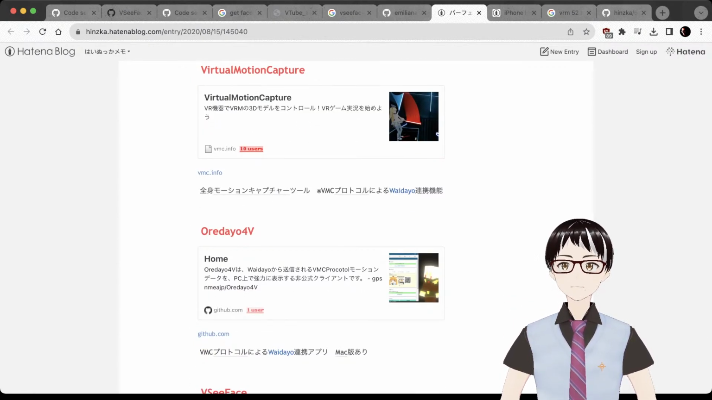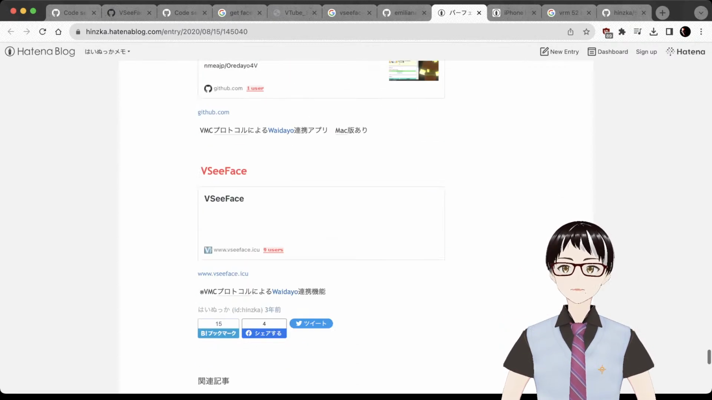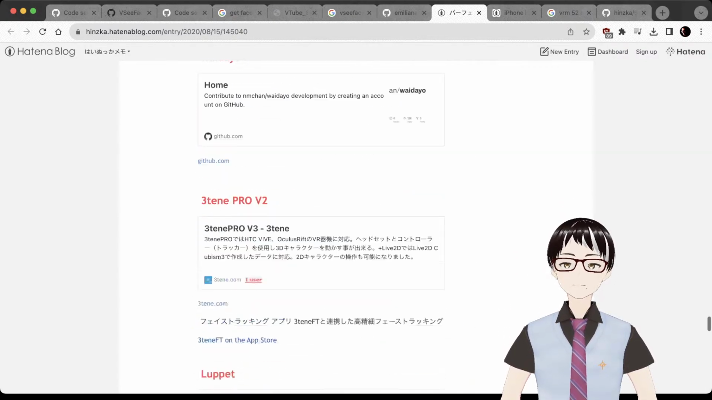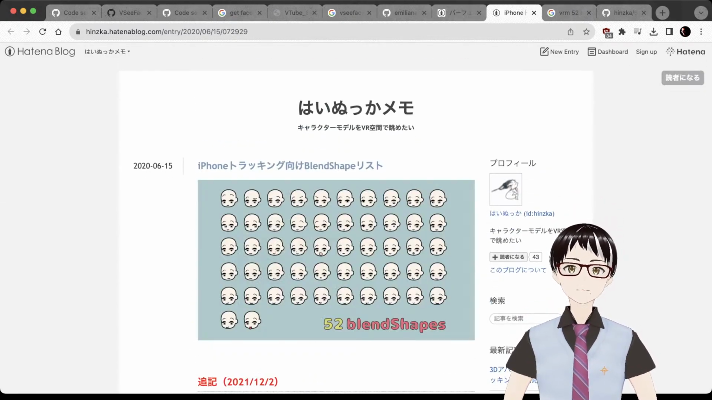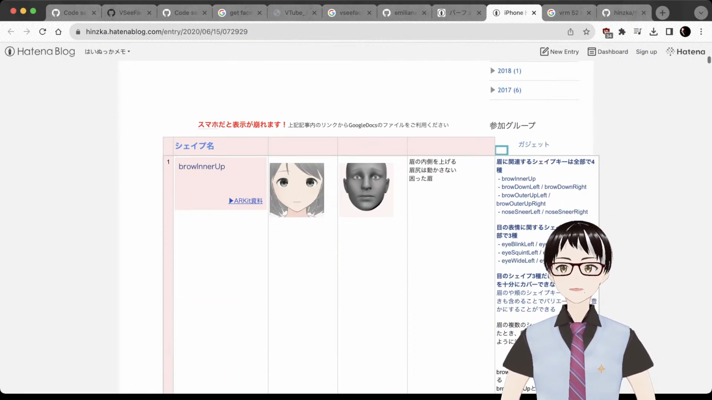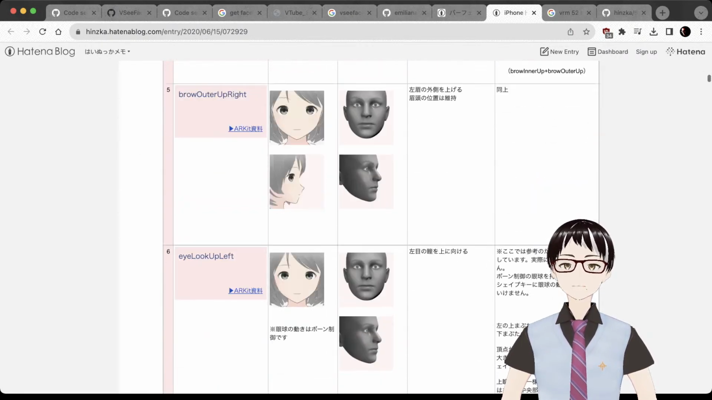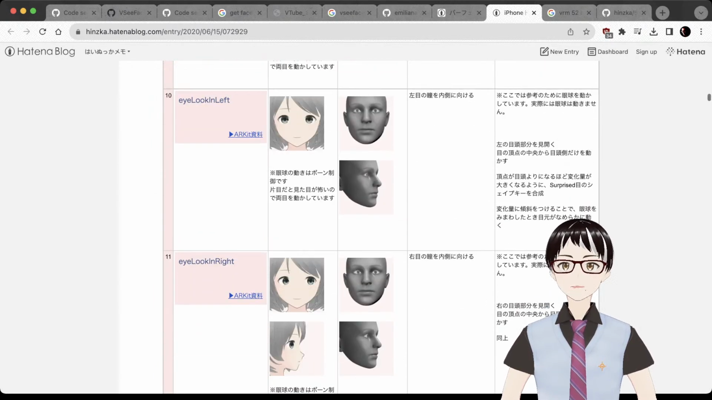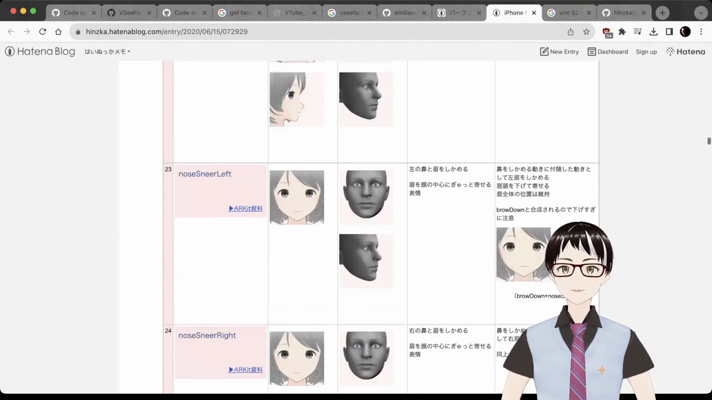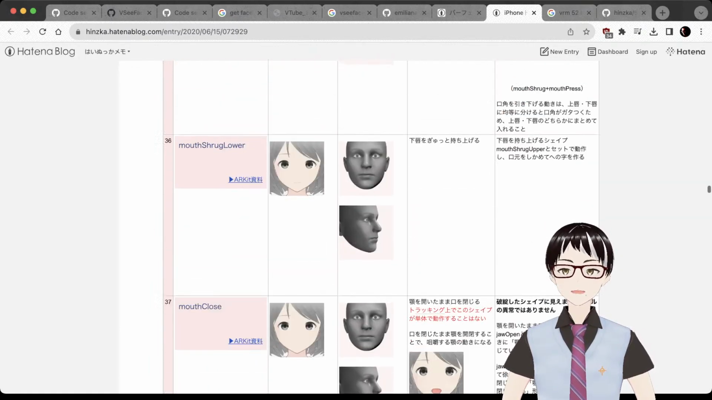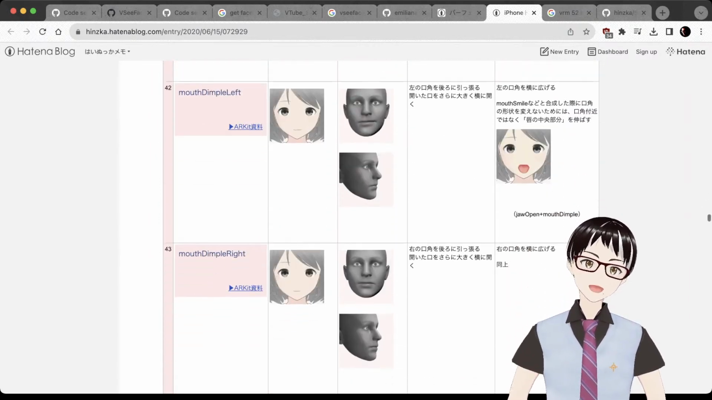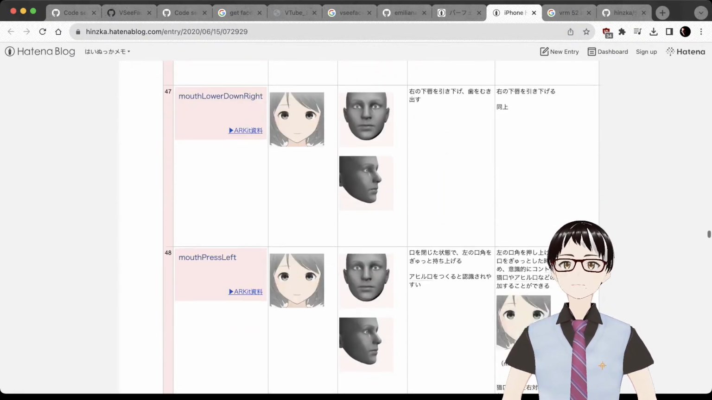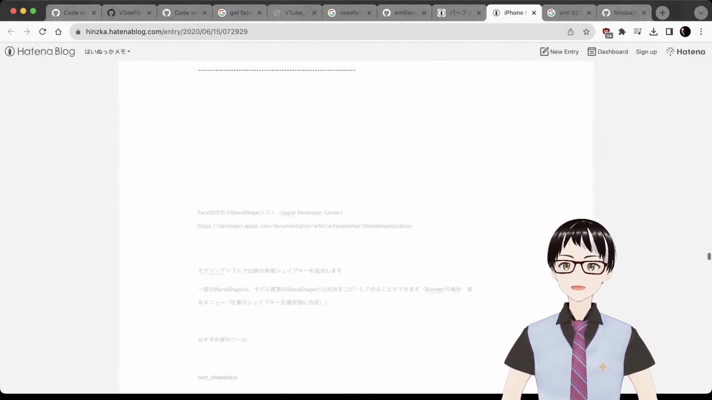Virtual motion capture. Yeah, the problem is we probably don't. Okay, this is the mapping for the 52 blend shapes. I don't think we need this right now, but I'm guessing these will be the information that we are looking for and we will be getting